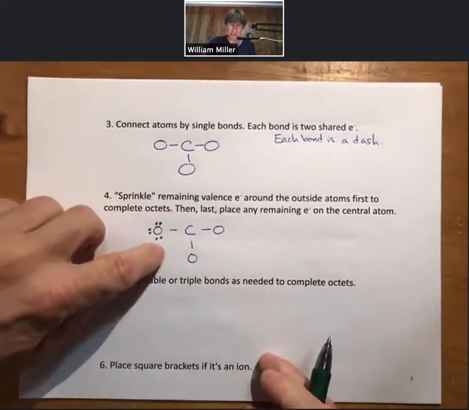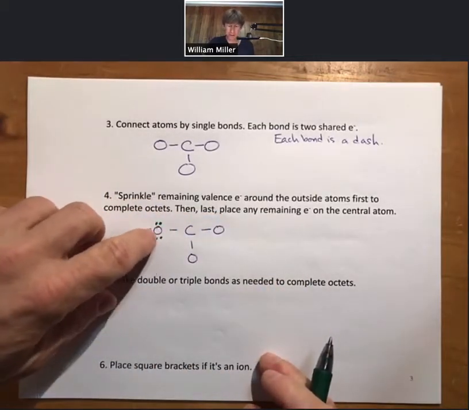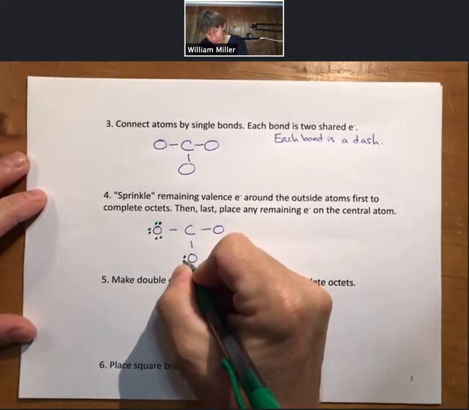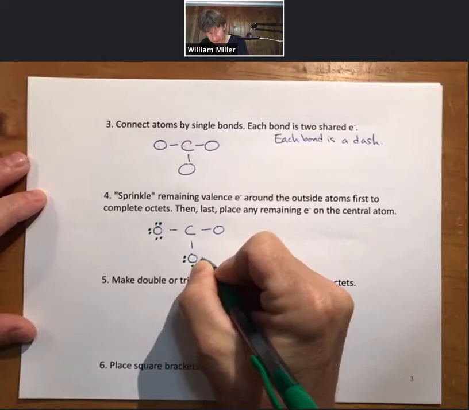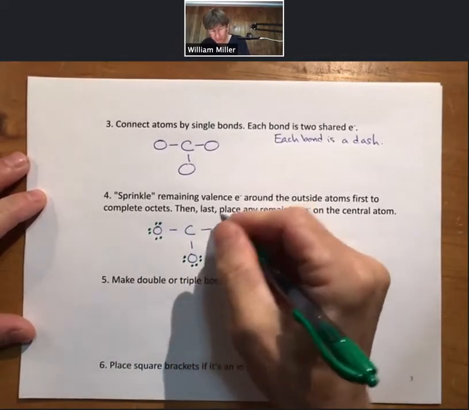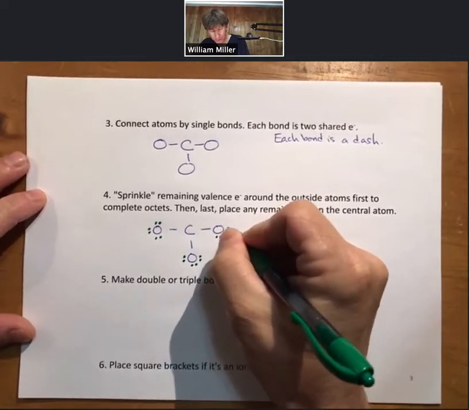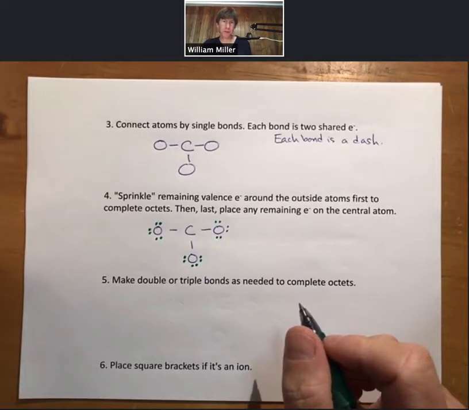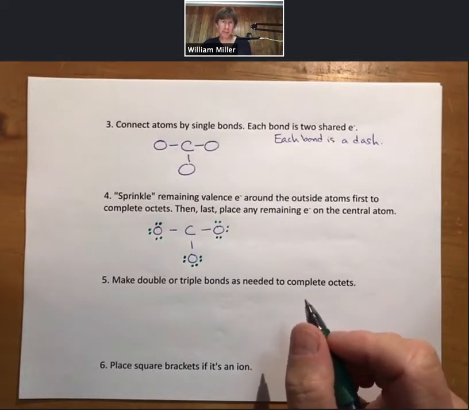This oxygen on the left now has an octet. I have a total of 12 electrons in my Lewis structure. 14, 16, 18. Now we have an octet for this oxygen. 20, 22, 24. And a key part of Lewis structures is you can only put the exact number of valence